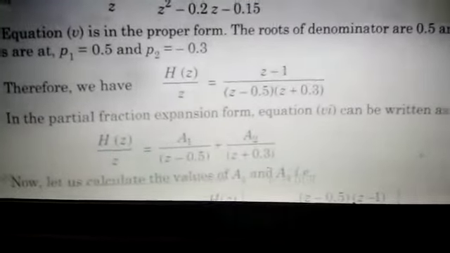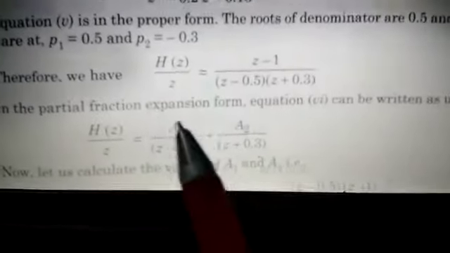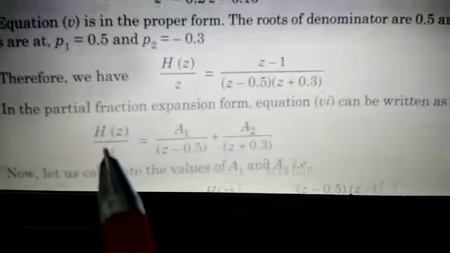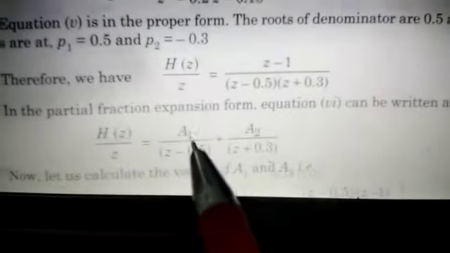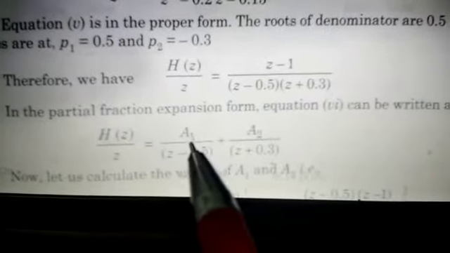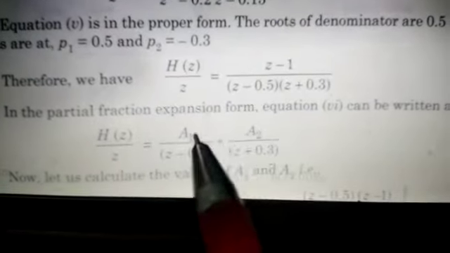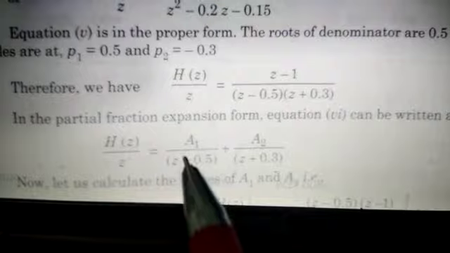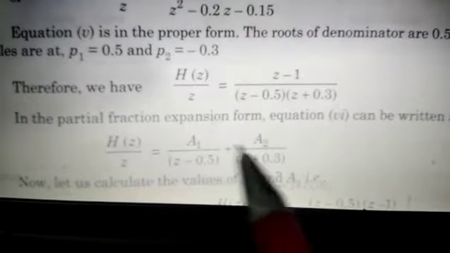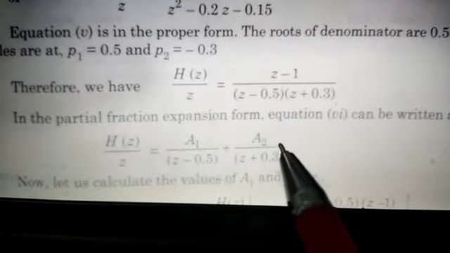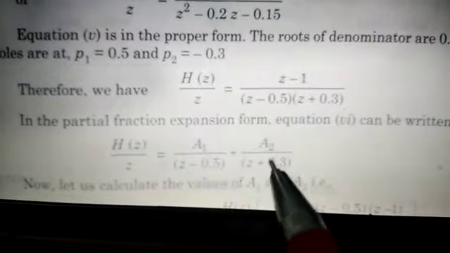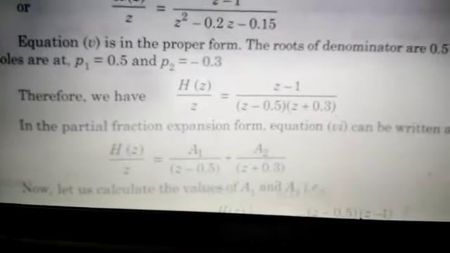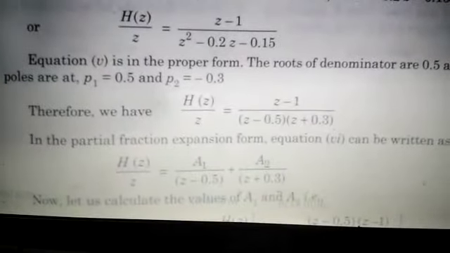So using this partial fraction expansion form, this is F(z), supposed to be F(z). Then we will get the values of A1 and A2. We will put them here and then realize this separate function into direct form 2, this separate function into direct form 2, and make the parallel connection of these two. So we will get the parallel realization. So let us see this one.